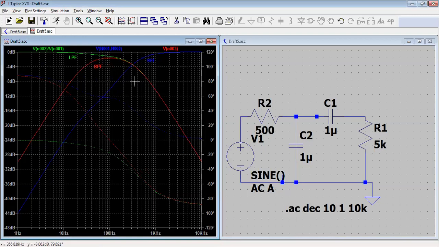If you want, you can plot the band reject filter, or maybe in the next video, I will make the band reject filter and show how it will work. And then we will discuss the graph properties of your band reject filter. Okay.